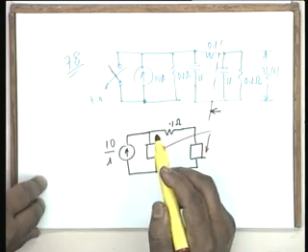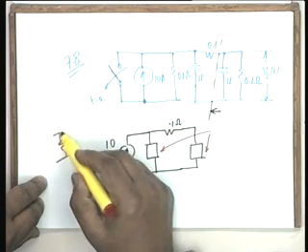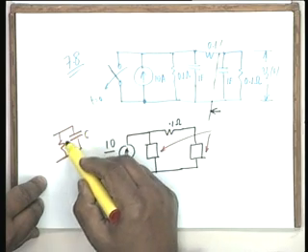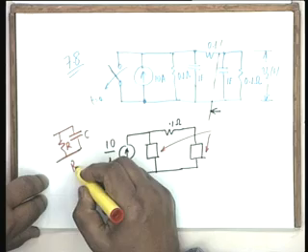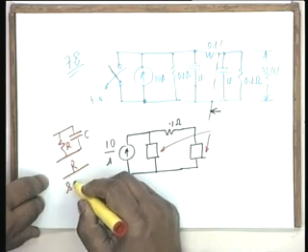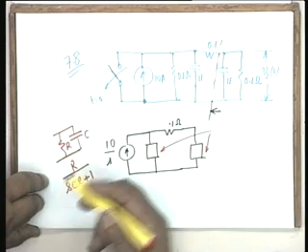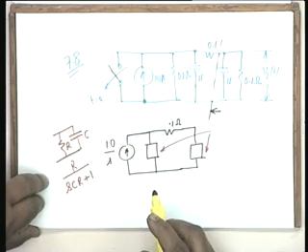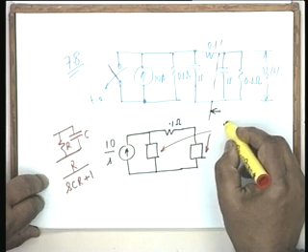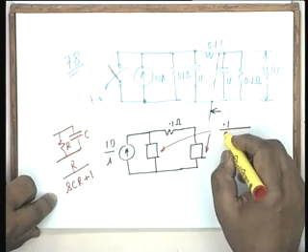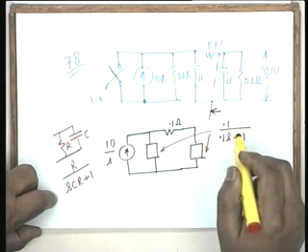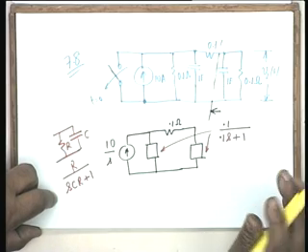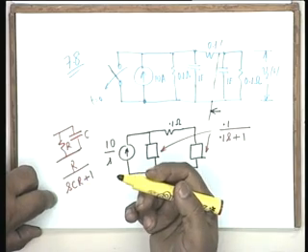Now you should remember that whenever there is a resistance and a capacitor in parallel, R and C, the equivalent impedance is R multiplied by 1 by SC divided by R plus 1 by SC. On simplification this simply becomes R by SCR plus 1. You should remember this always, then you do not have to write it again and again. So both of these impedances are equal to 0.1 divided by 0.1 S plus 1. Is that okay? This is something you should remember throughout your life.